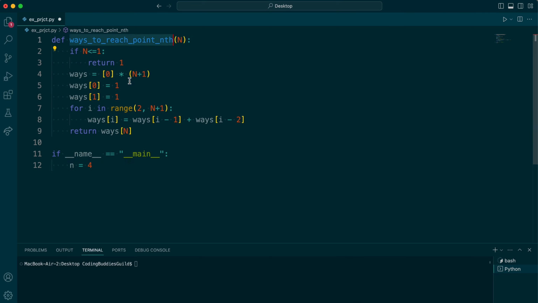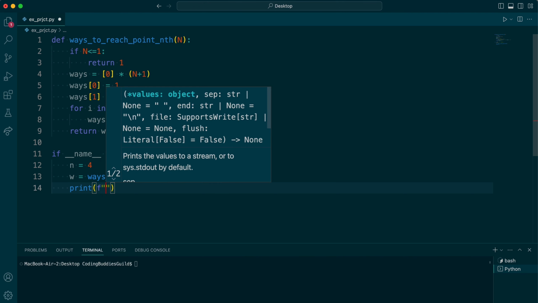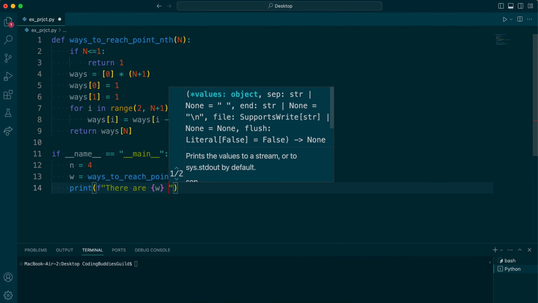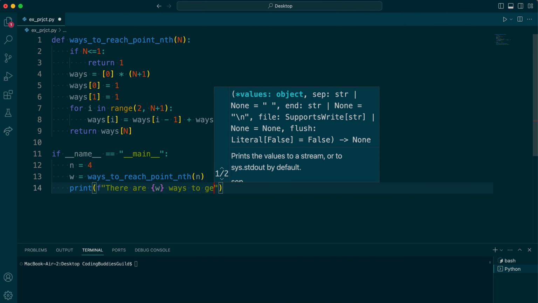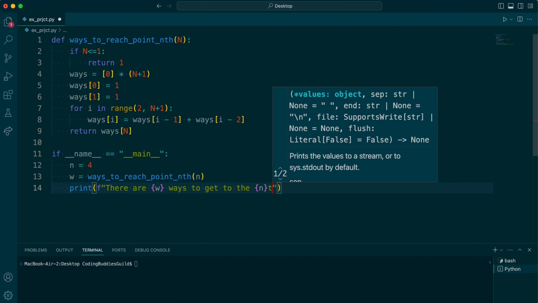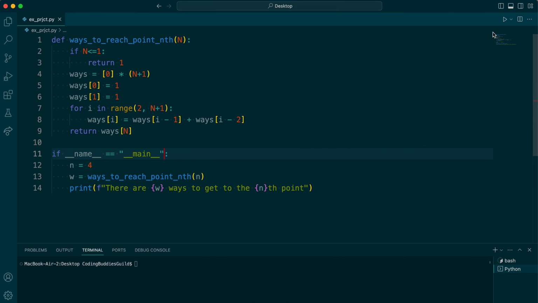And then they had this function, let's say w is ways of N, and then I'm just going to print there are w ways to get to the nth point, right? So if we run this now, it says there are 5 ways to get to point 4,